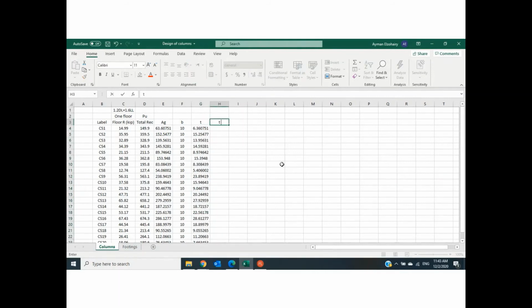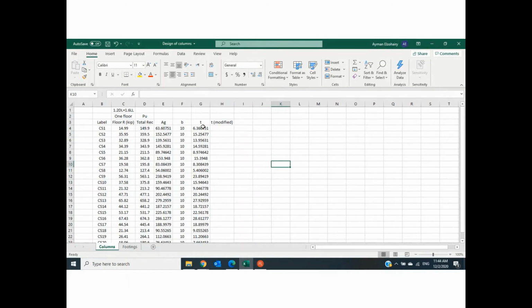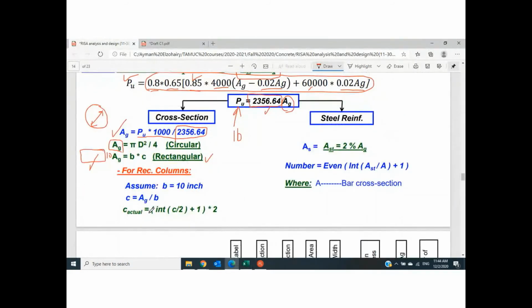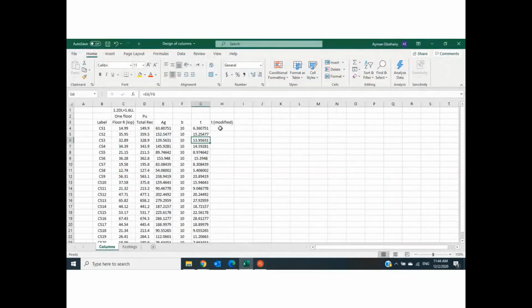But this number should not be 6.36 or 15.25 or 13.95. I need to adjust this number. You can adjust it using this expression. How can I adjust it? That's fine. Let's do it. Equal what's written,